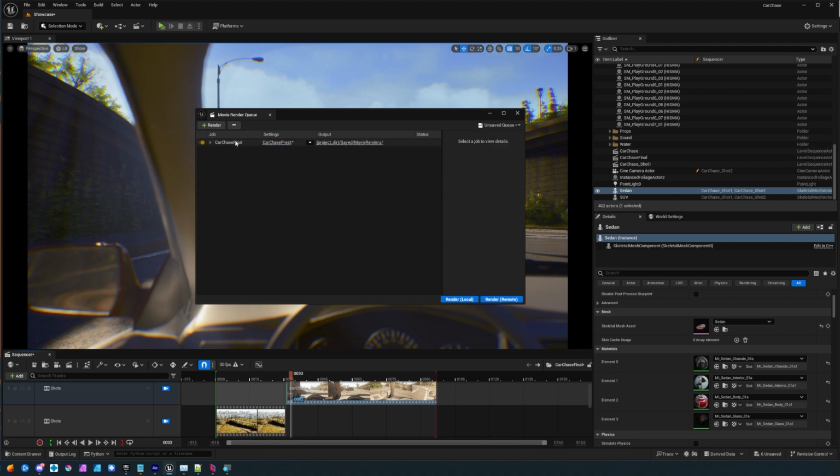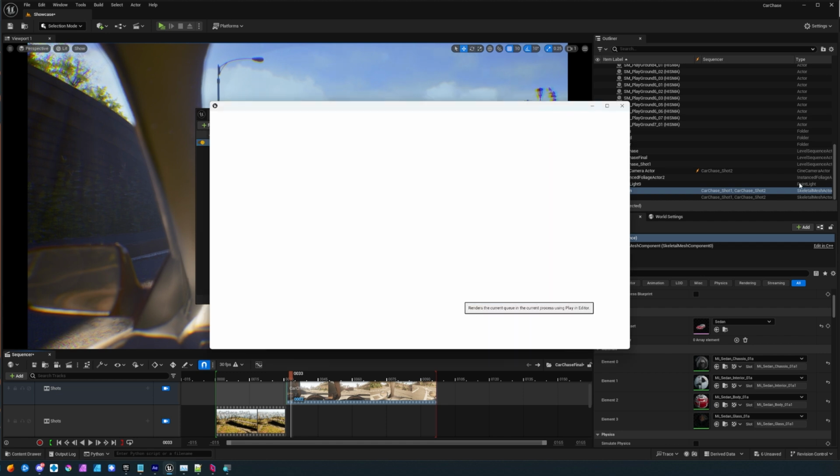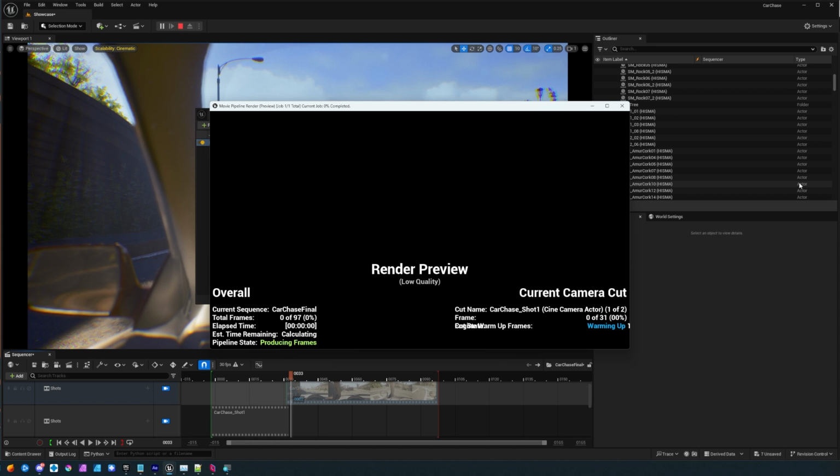This is the previous version that I had. I can just select that and delete that. This is Car Chase Final, that sequence with both of the shots that I have in there ready to go. I can say render local and start rendering this out. It's going to keep my post-processing volume. In fact, I'll just go ahead and click it. That way you can kind of see this process. We're going to get